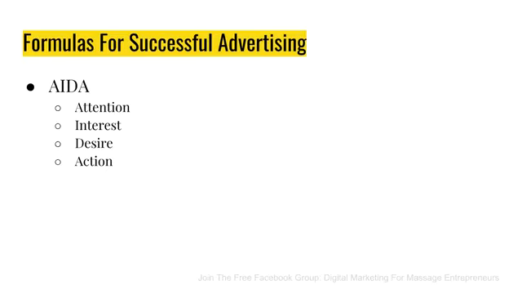We're getting the interest. It doesn't have to be that direct, that short, but I'm getting their attention, then their interest, and then I'm going into their desire. What is the thing that you really want? This is where it pays to know exactly what you offer your clients. You're thinking, I'm giving someone a 30-minute massage so they can relieve their stress. Maybe for them, that's the only 30 minutes they get out of the week, out of the month, where they get to be themselves. So we'll make up the name Jennifer.